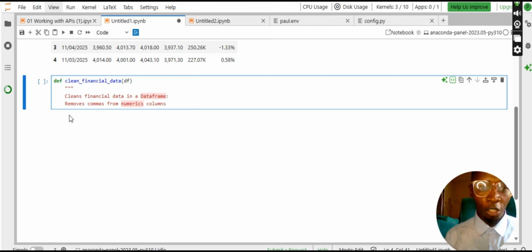Any column that is numeric, the commas will be eliminated. Whatever we want to do, again, we want to convert